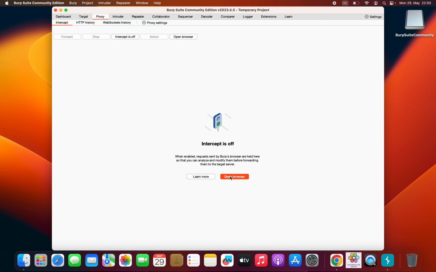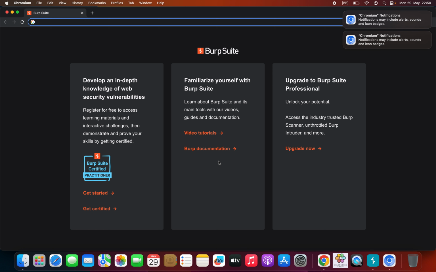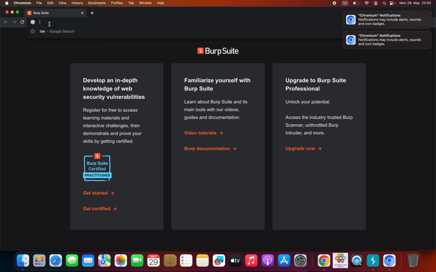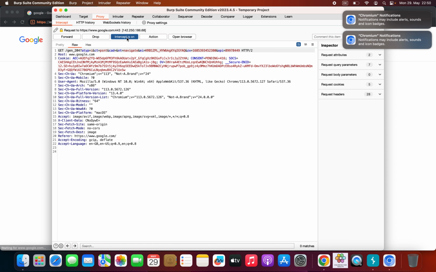Now we can open browser. Over here, we can type anything. Say Google, and we can intercept the traffic. So you can see host